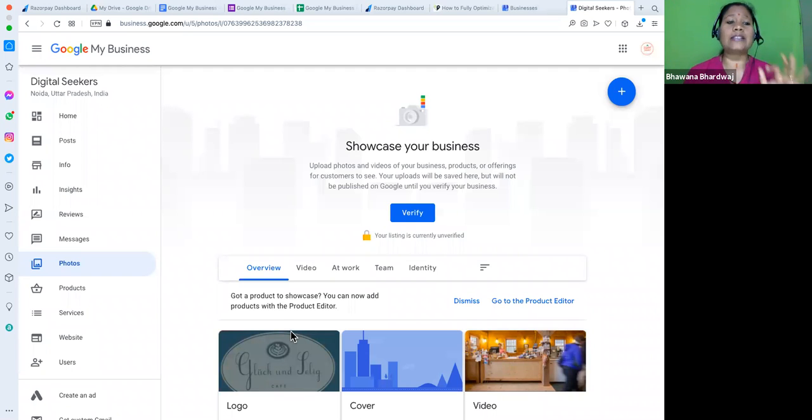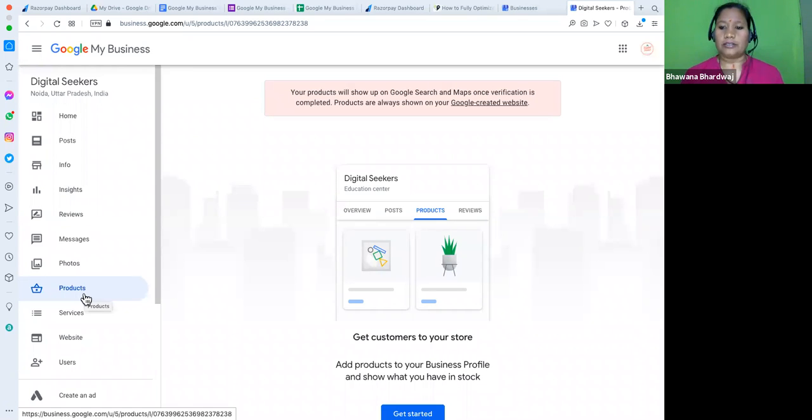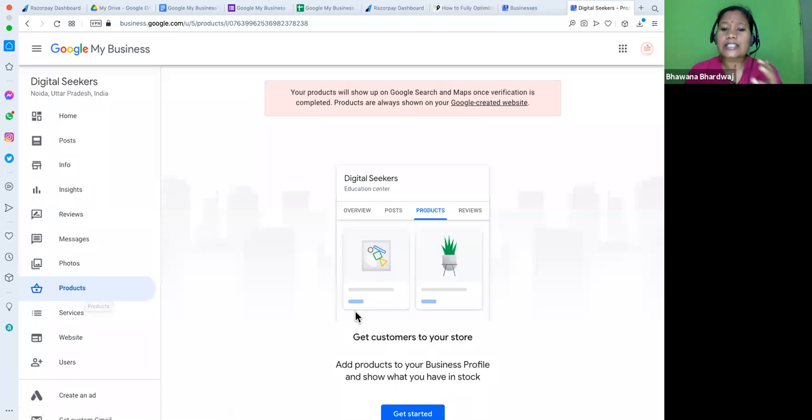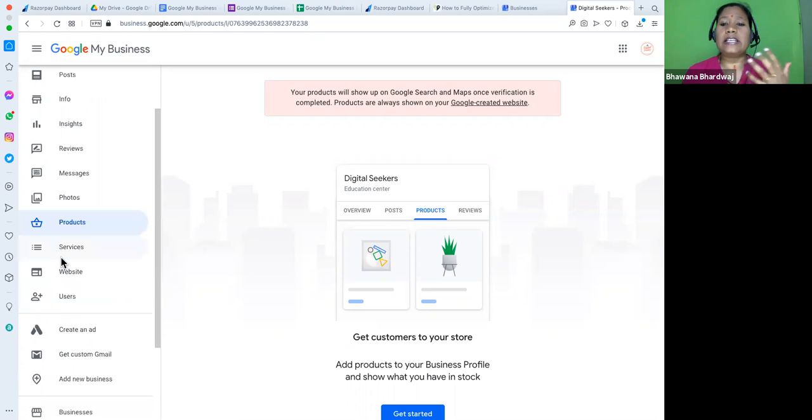You can make it a practice, a weekly photo update, or if possible even daily photo updates for different kinds of photos, product photos, service photos. Here, product is one, for whoever is here to sell a physical product. Physical product means you can set up your entire online shop here with the physical product. So you can just get started with the physical product photographs. All this I will come back to and show you how you can list your product. But these are the tools, this is the collection of tools available to you as a suite to manage your business.